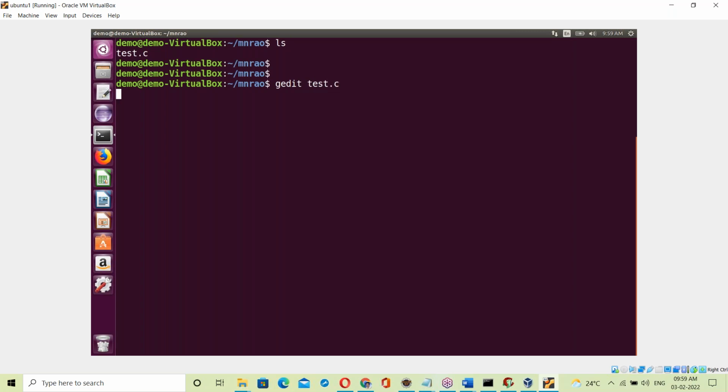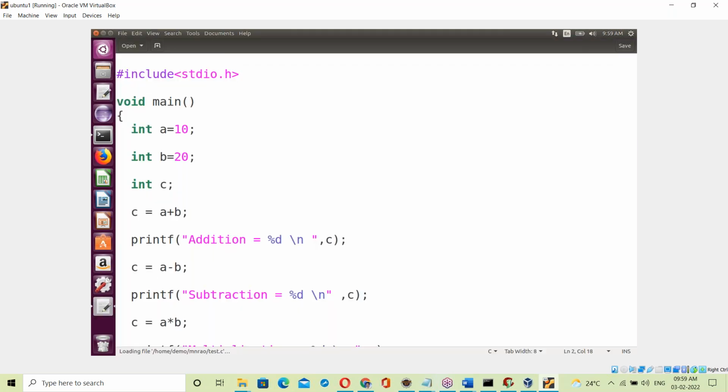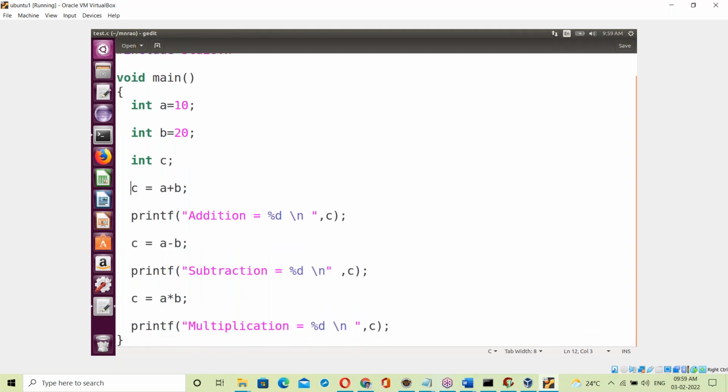Running gedit test.c opens the C program file. In this C program, a equals 10, b equals 20, c equals a plus b, with addition, subtraction and multiplication. Save it. Suppose a semicolon is missing here, a comma is missing here, a double quotation is missing in some statements. Save and close.